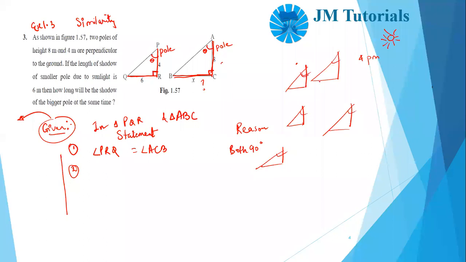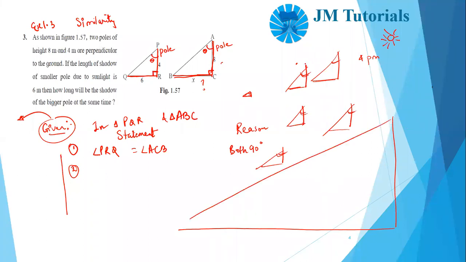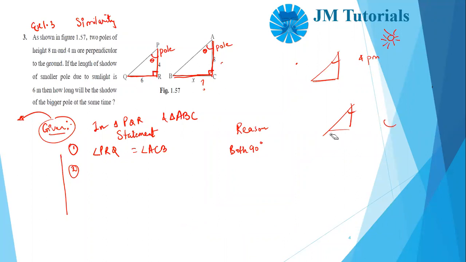At 4 p.m., the length of the shadow will obviously depend on the length of the object. If I have a huge building, its shadow will be according to it. If I have a small plant, the length of its shadow will be according to that. But this angle will be the same for every object, because the sun casts a shadow at an equal angle on any object at any given instance of time. So you will say, what is the name of this angle? Angle QPR is congruent to angle BAC.